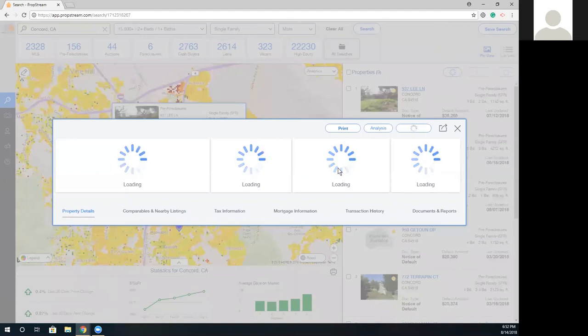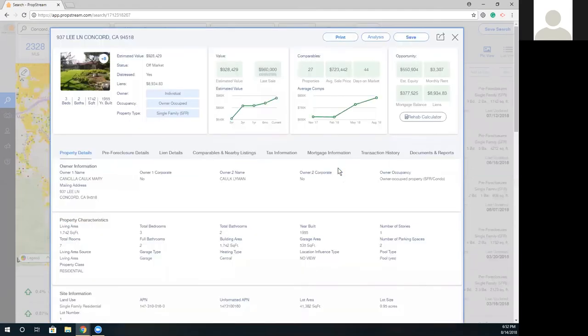Hey, Burton, let me ask a quick question. I actually know the answer, but somebody asked, does this program also pull data from sources other than the MLS? The answer is yes. You can pull non-MLS data, like whether they have HOA liens. So the MLS is just one small component of this whole system. You can pull data from everything. Absolutely. The sources that we aggregate from are county records, mortgage companies, title companies, the United States Postal Service, and the MLS boards.